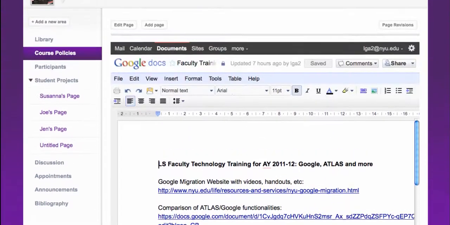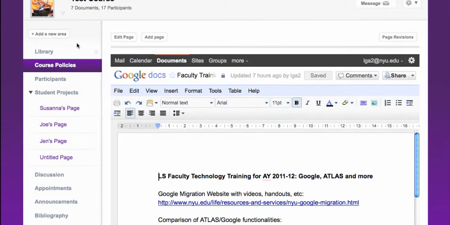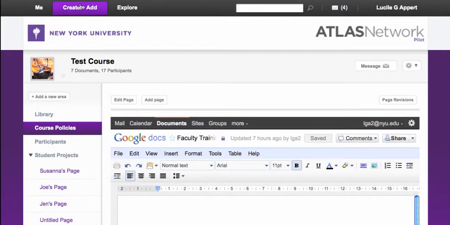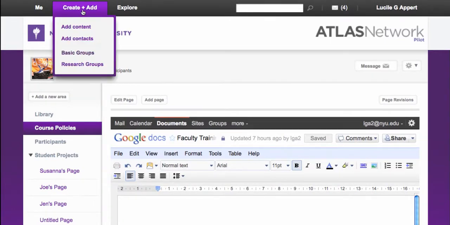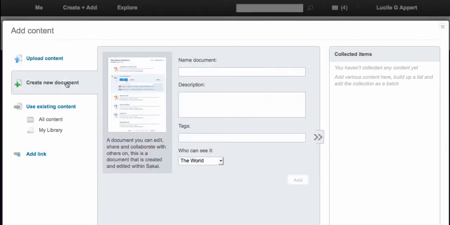So the last thing we're going to look at then is how you create content within the OAE environment. So again, you go up to create and add, and many of the things that we were just looking at you can do for any page. We're going to create a new document, and we'll just call this our Atlas page.